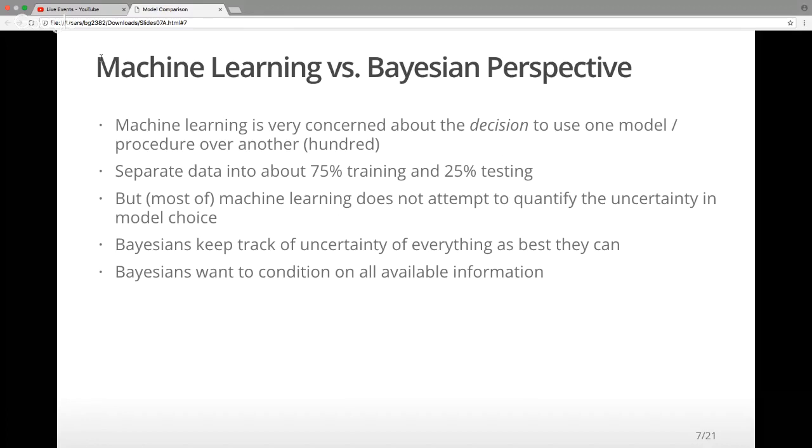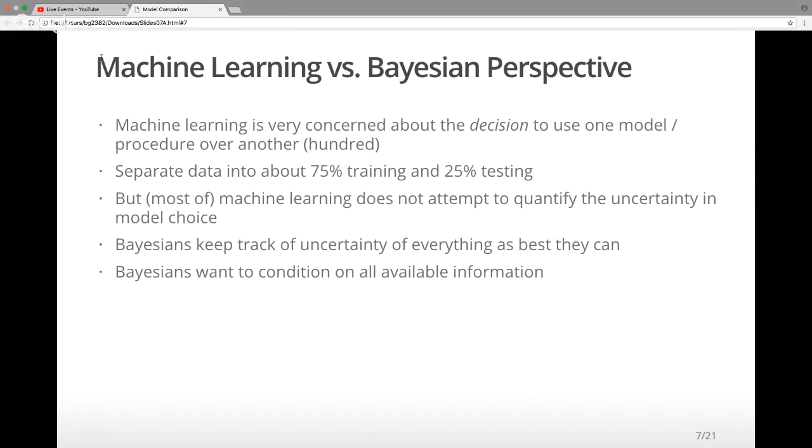But the machine learning people mostly avoid that by only doing the splitting into training and testing once, even though the answer that you get out of that may be fairly arbitrary, and it may be not even the majority of the ways to separate into training and testing yield that answer. And that kind of goes along with the fact that most of, although not all, but certainly all the stuff that we talked about last semester, really probably all the stuff that you would encounter in an undergraduate or a master's level class on machine learning,